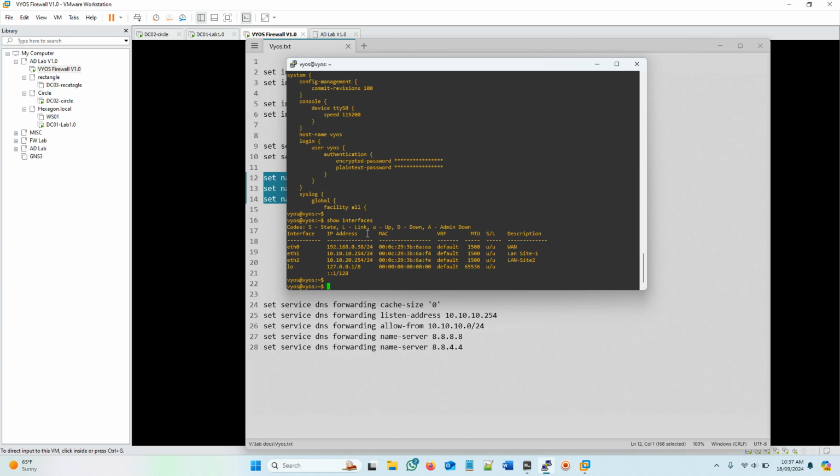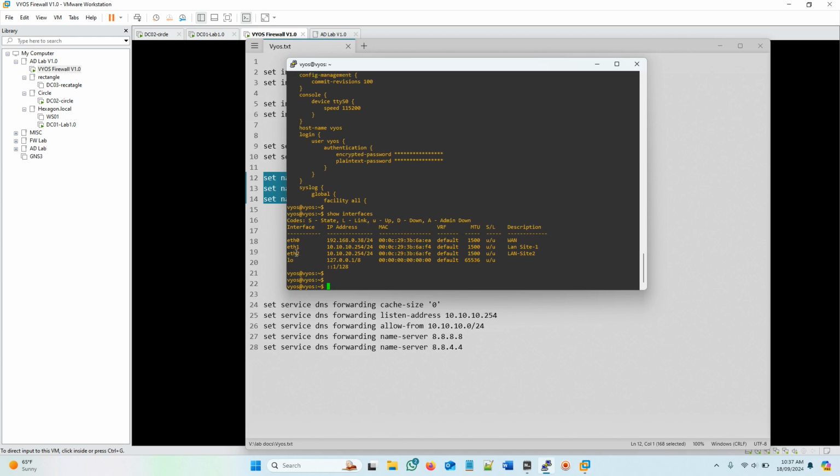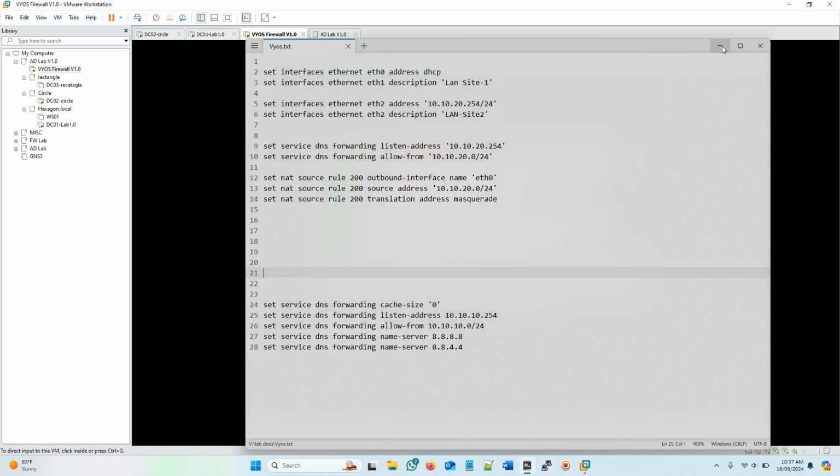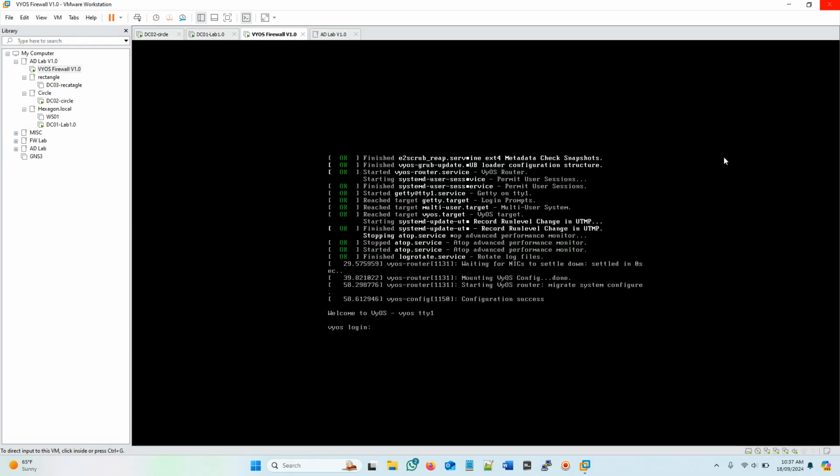interfaces. So this is Ethernet 2 adapters. You've got LAN site 2. All right, so exit. Okay, so that's good. We don't need to do this, we've already done these two. And what else do we have to do? Yeah, I think this one is already there. So cat size is already there. So all right, let's go into